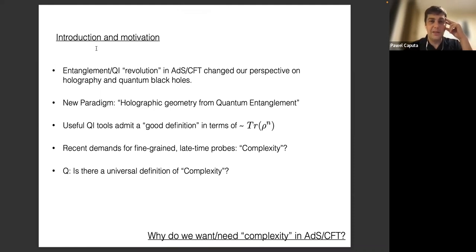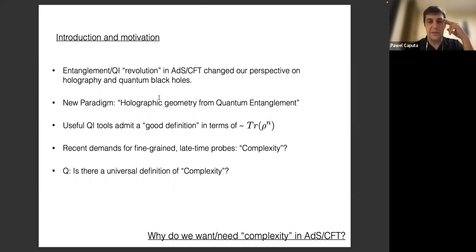So the introduction and motivation is as follows. Maybe a brief review of the context. I'm sure you're more or less familiar with the recent entanglement or quantum information revolution in AdS/CFT. All these developments certainly changed our perspective on holography itself and also on quantum black holes. And they even led to a new paradigm that holographic geometry might be emergent from quantum entanglement. And this has been supported by many famous examples in the literature, but